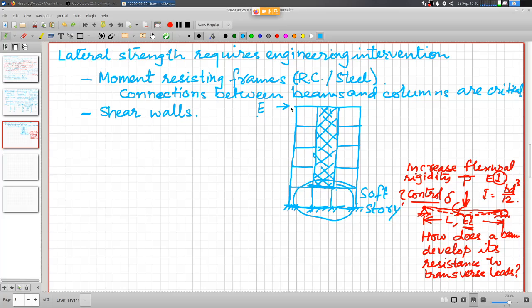Then in response to this lateral load that is coming onto it, this entire structure would deform. I mean, very little deformation in the upper floors and steep deformation at the soft story, because the lateral stiffness is very small for this particular frame. And then this kind of deformation